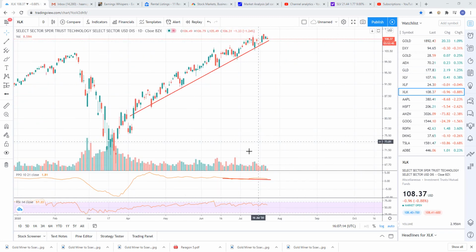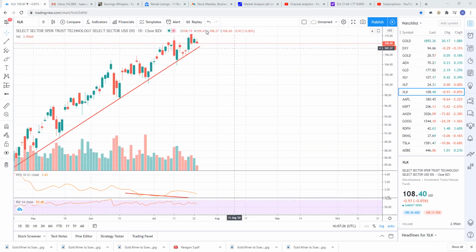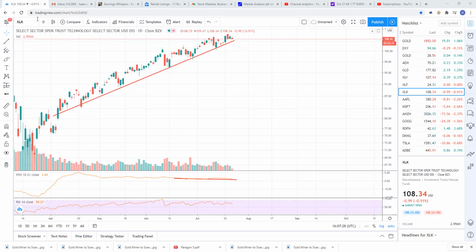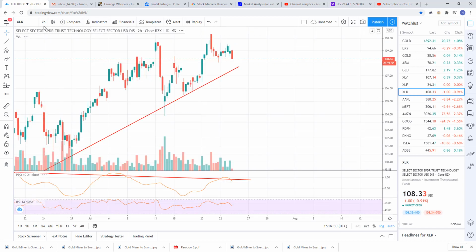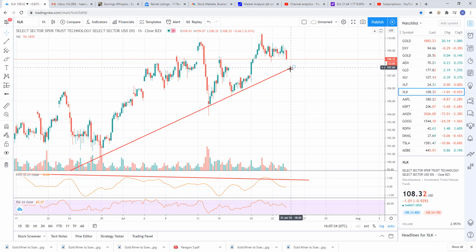XLK, this is a really easy way to watch the tech sector because the trend line's so organized. You can see here on the daily, just walking up this trend line. It's really simple. You just wait for a sell signal, wait for it to break. And if I go to the hourly, you can see we're just coming down to it. So now I don't think it's going to break intraday. I think it's going to gap down, and I think it's going to gap down big. But that would be your sell signal.